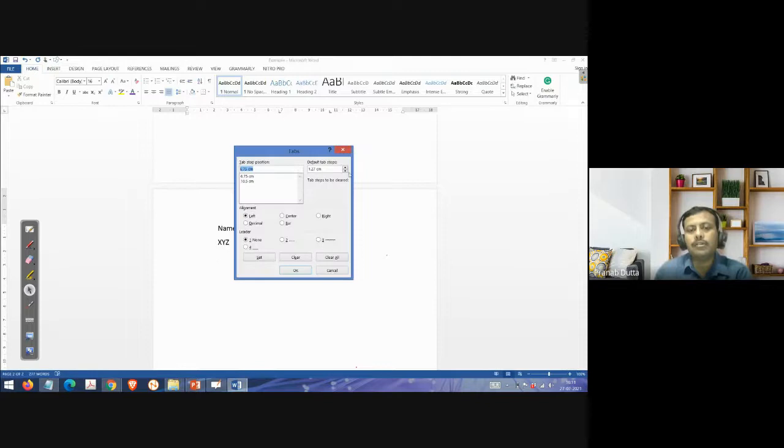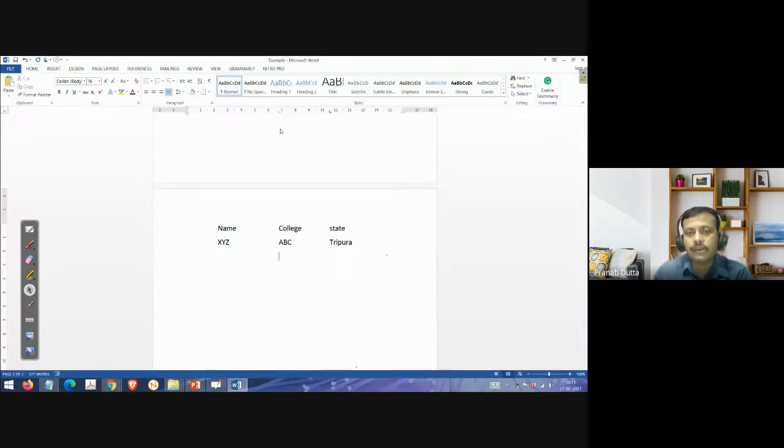Similarly, you can double click and then easily remove the tab. Now next time if I put a tab, it is not aligned, because I have removed that tab.